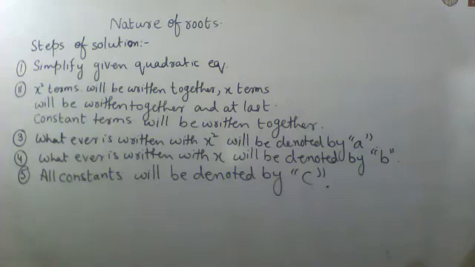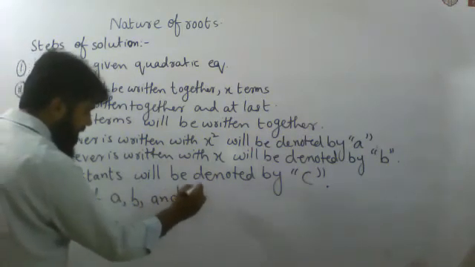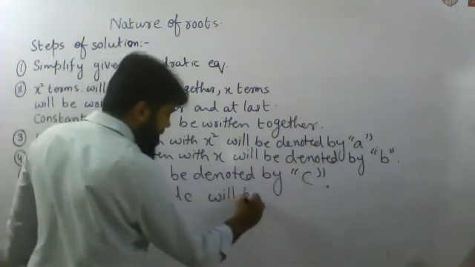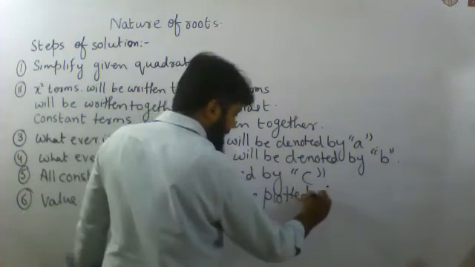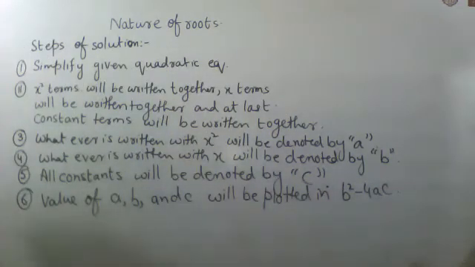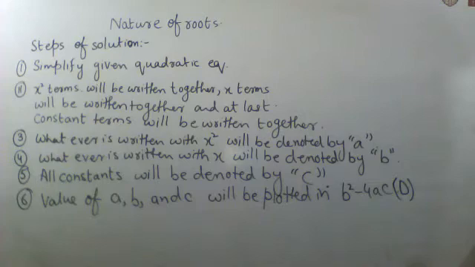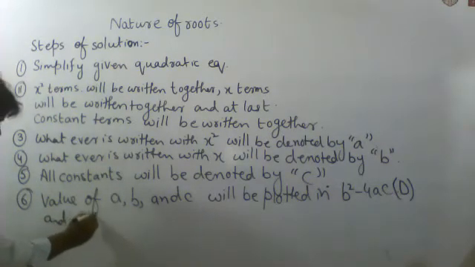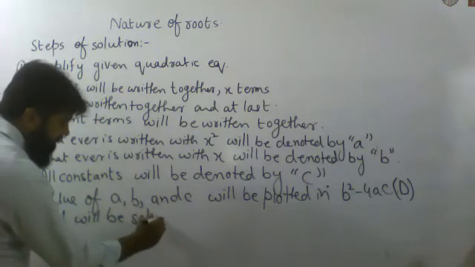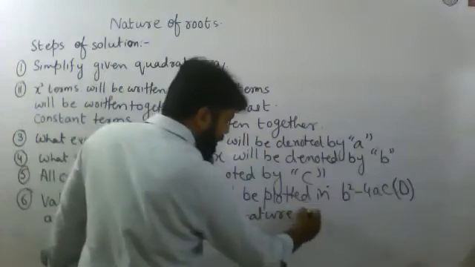Okay, value of a, b and c will be plotted in b square minus 4ac, which is your discriminant, and will be solved to find nature of root,